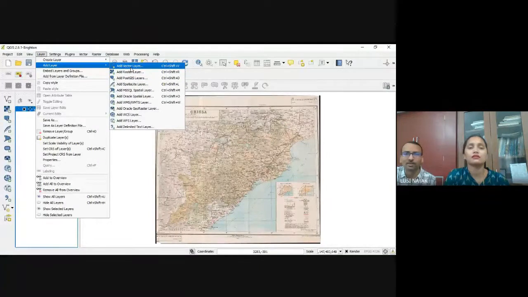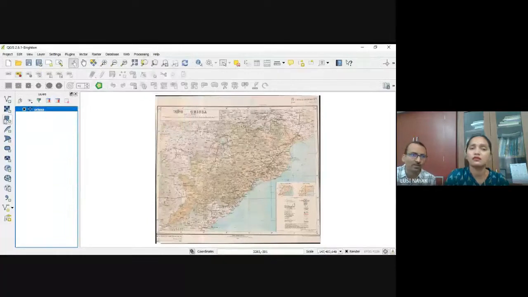But vector layers are whatever point, line, and polygon layers we create in this QGIS platform or in ArcView, ArcGIS or any other AutoCAD software. If some existing vector layer is there, then we can add it here. The Odisha map I have given you is an existing map, and we can add it as a raster layer.